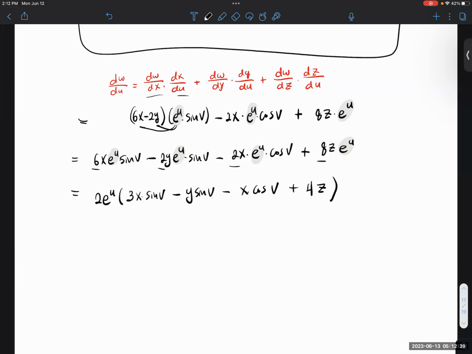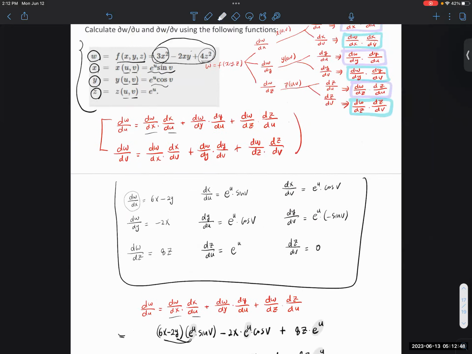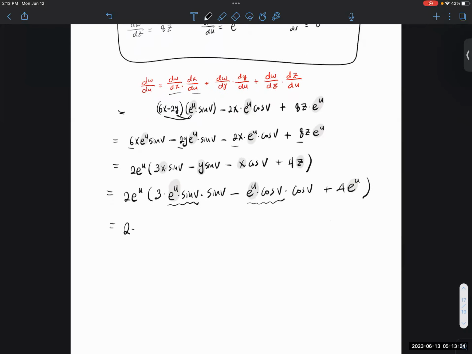This is going to be our final, but now, whatever x, y, z are, we know what that is. So we're going to plug x, y, z back in. So that is going to be 2 e to the u. X is what? If you go up, x is e to the u sine v. I have another sine v. So this is x, minus y, e to the u cosine v, cosine v. So this is y. 4z e to the u. Again, you have another e to the u, factor out. So 2 e to the u, another e to the u. So 3 sine squared v, correct? Because we have a 2 sine v minus, what happened? We took it out, and then cosine squared v. And then we are going to have